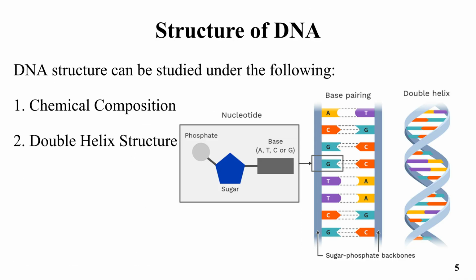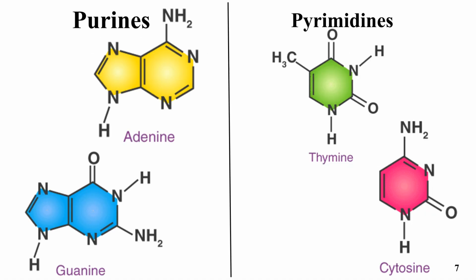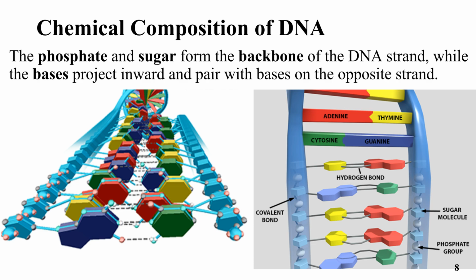The structure of DNA can be examined by looking at its chemical composition and its double helix structure. DNA is a polymer of nucleotides. Each nucleotide consists of a deoxyribose sugar, a phosphate group, and a nitrogenous base. Bases are classified as purines, which have a two-ring structure, or pyrimidines, which have a one-ring structure. This slide visually differentiates between the structure of purines and pyrimidines. In the chemical composition of DNA, the phosphate and sugar molecules form the backbone of the strand, while the nitrogenous